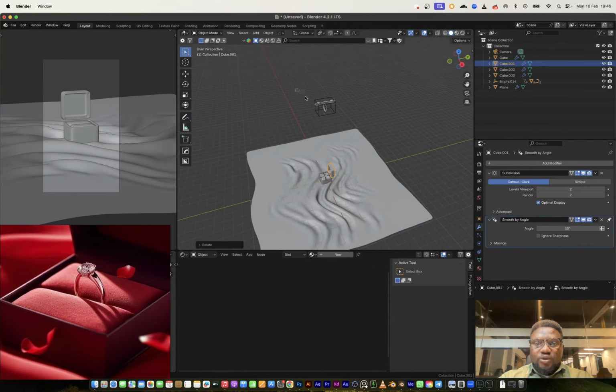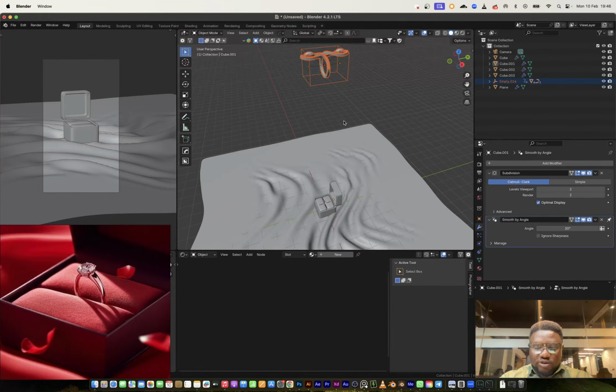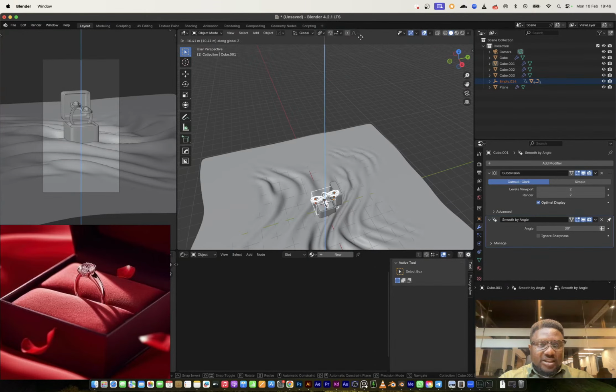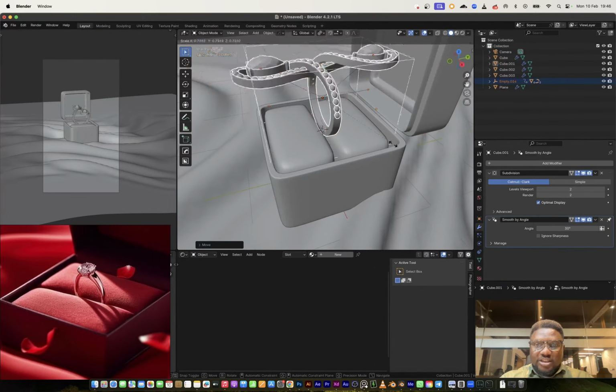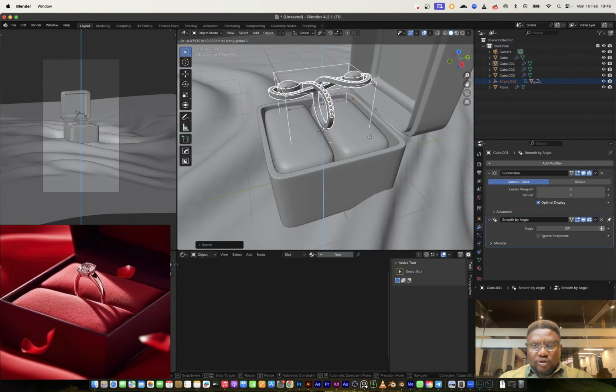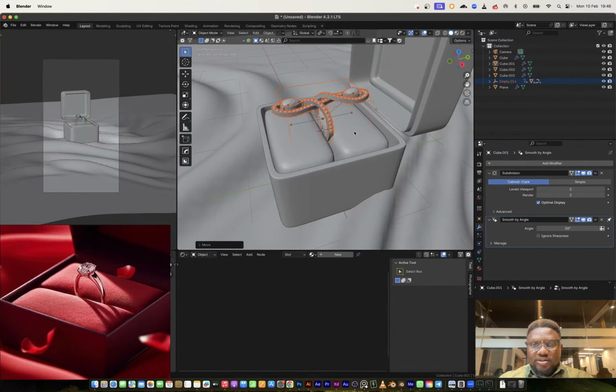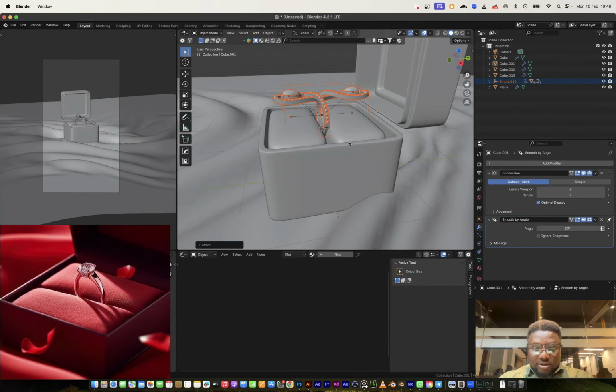And what I can do now is just introduce our ring into the scene. So I can bring this down like this. Obviously, we need to reduce the size of the ring significantly. So I know that, oh my god, this is a perfect boss for this ring. This is perfect. GY.